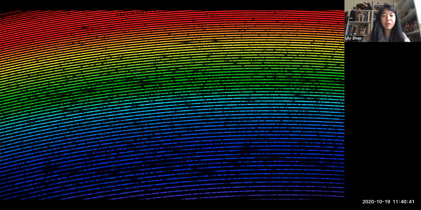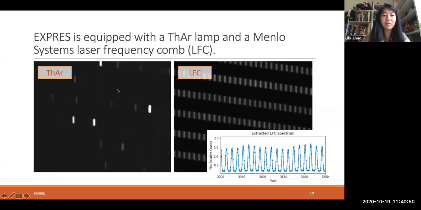To figure out these wavelengths, what we do is we use calibration sources, so lines that get projected onto this detector with known wavelengths. So here you can see a cutout of the two different types of calibration lamps we have. A thorium-argon lamp, and the emission that arises from the thorium-argon compound shows up on these echelle orders, and we know the wavelengths of these different lamps. But we also got this fancy new laser frequency comb from Menlo Systems, and it shows this much denser set of lines that cover our detector instead.